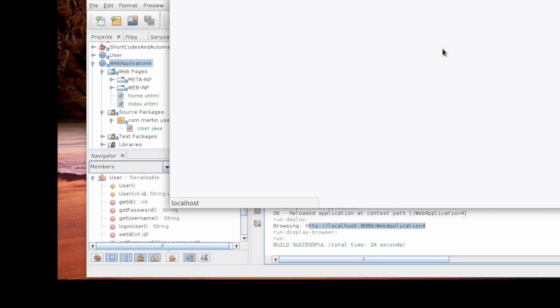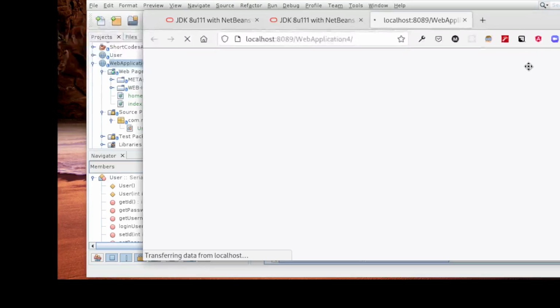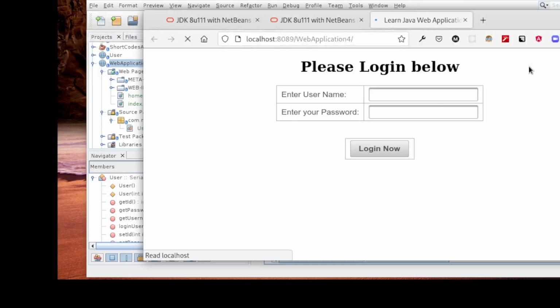To then open our application, let's see. So it is loading the application, you can see. Yeah, this is our page.